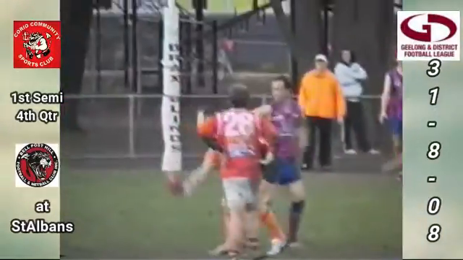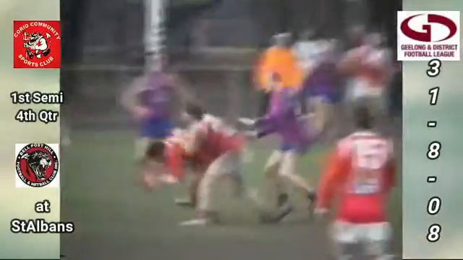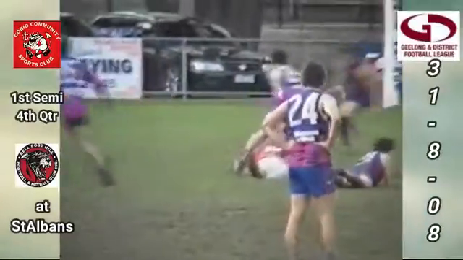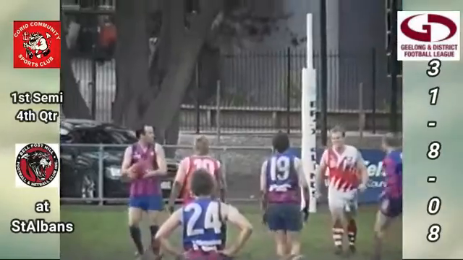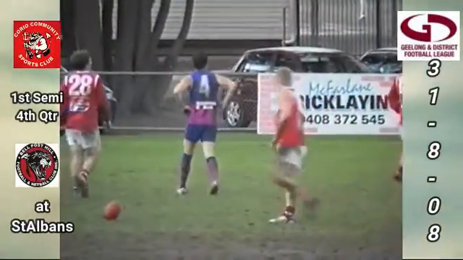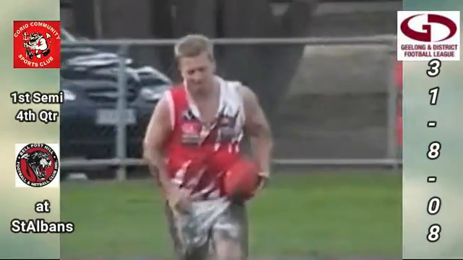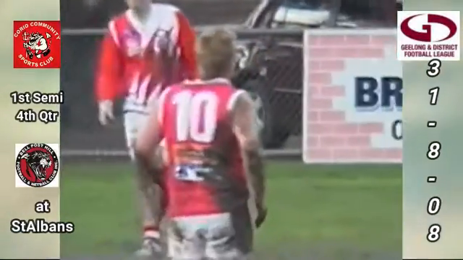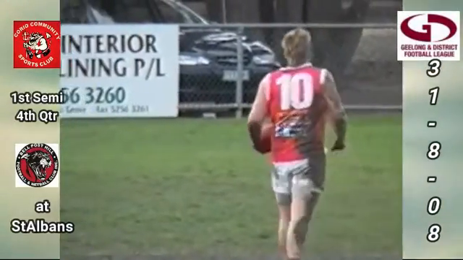The two ruckmen, Kazuna and Werner, a long way behind the situation here as the ball's tapped forward. Ricky O'Toole throws it out to Barry O'Toole. He's tackled. What's the umpire said? Umpire said he was tripped. So free kick to Barry O'Toole, about 45 metres out from goal. I'd say the distance probably a bit too much for him. It's on the rotation, looks like Sean Lewis now coming off.